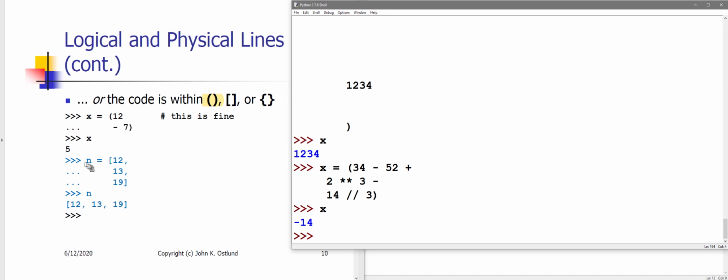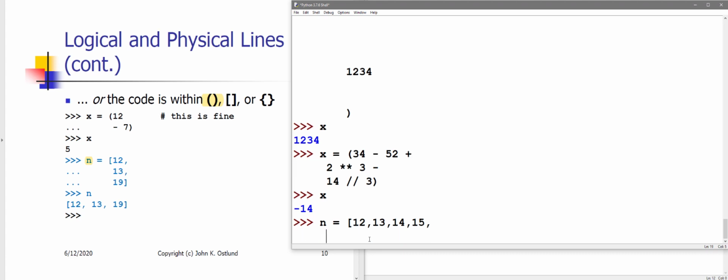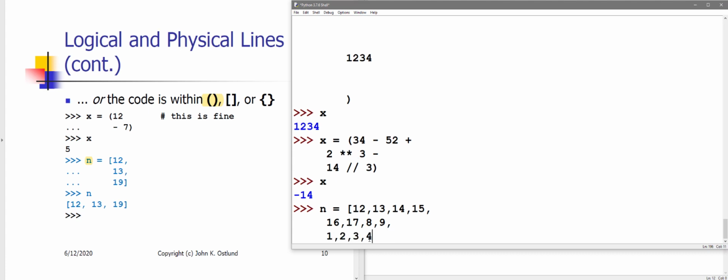Likewise, if I am defining a list that contains a large number of values, here I'm just using n as opposed to m for my list name. I can say n gets, let's say 12, 13, 14, 15. Maybe I want a list of 12 values. I'll just hit the enter key. I want my comma, and then I'll hit the enter key and keep going. 16, 17, 8, 9, 1, 2, 3, 4. I've got my list of 12 items,